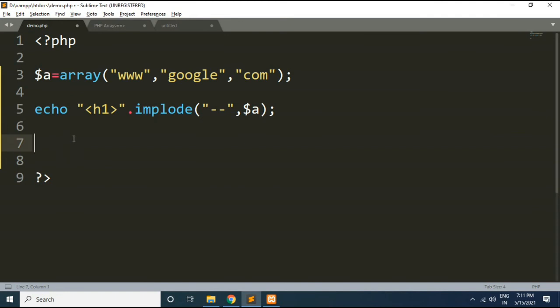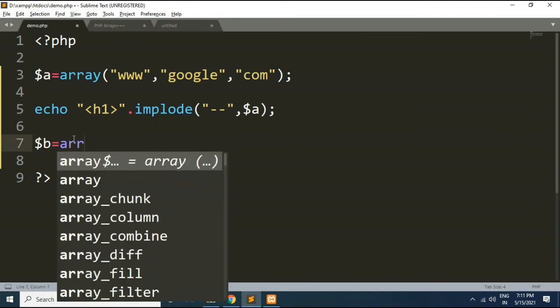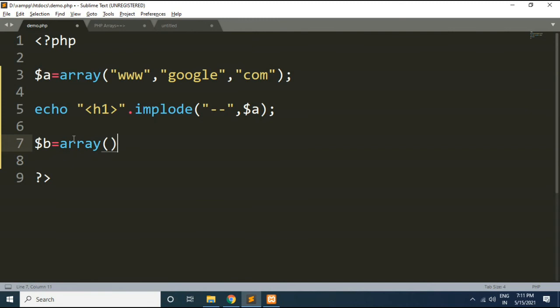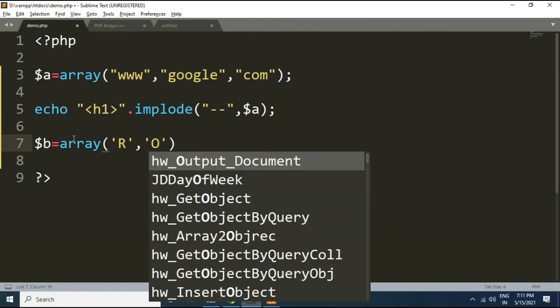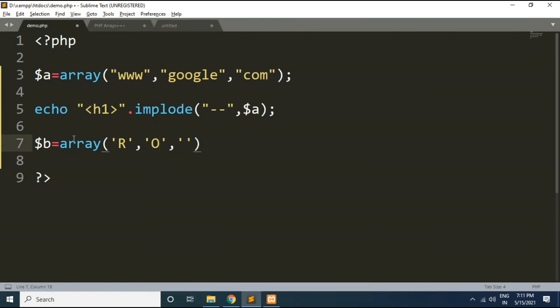One more example. Okay, and I will specify certain characters here. Now we want this string. I will write echo, here I will use a br tag, then here I will use the implode function.